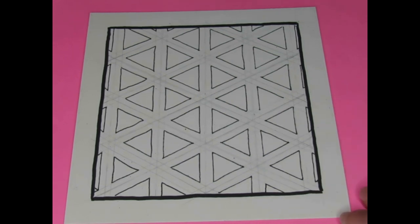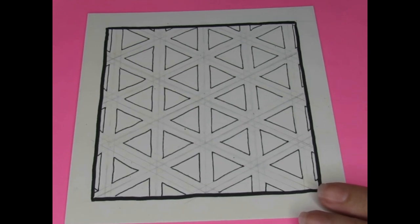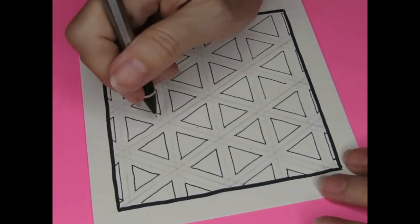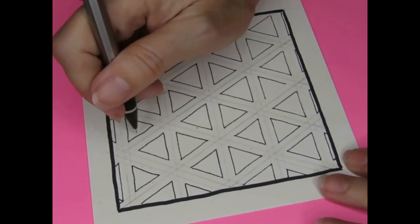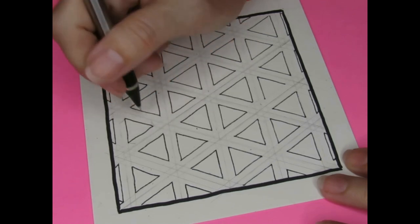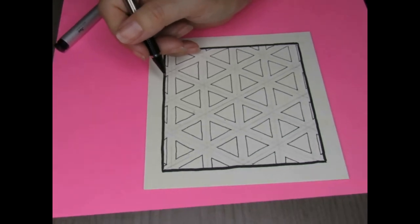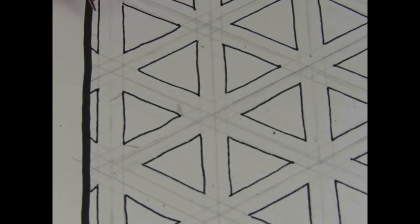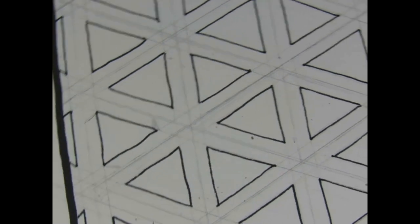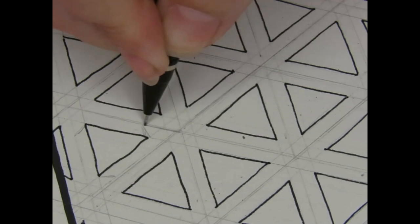Now is where I was having troubles with this, let's see, where's my pencil? Making this sort of shape that they wanted us to make, like that. I was having troubles with it. Oop, wrong direction. I was having troubles with this. So what I did was I made my lines